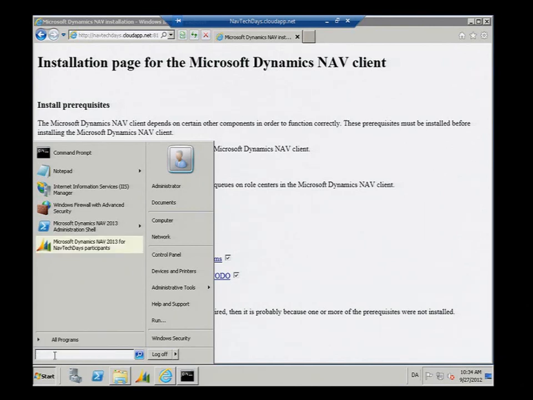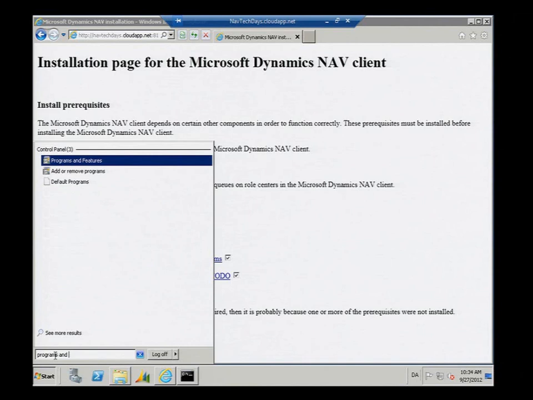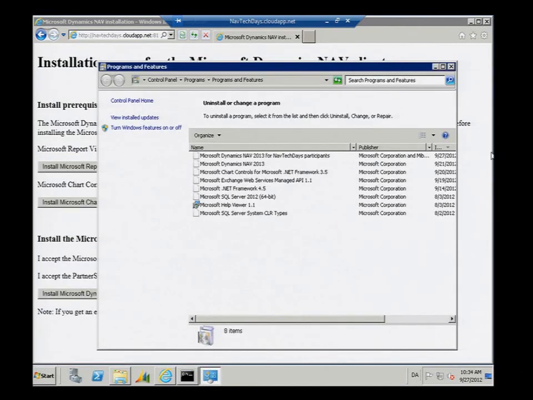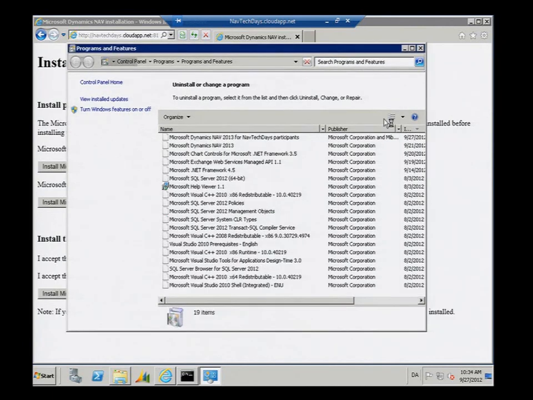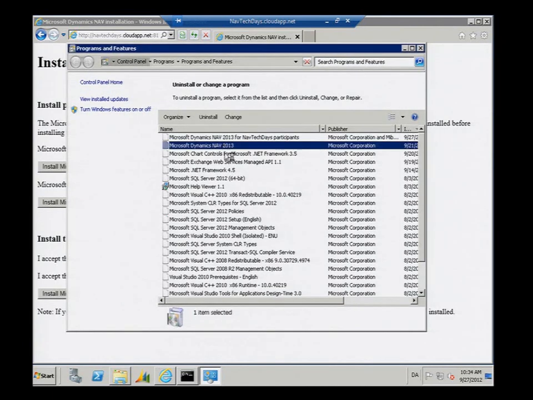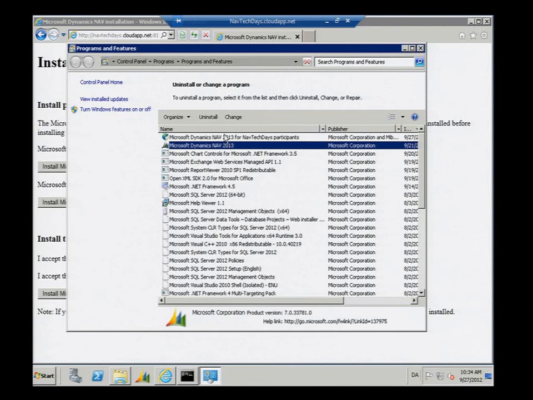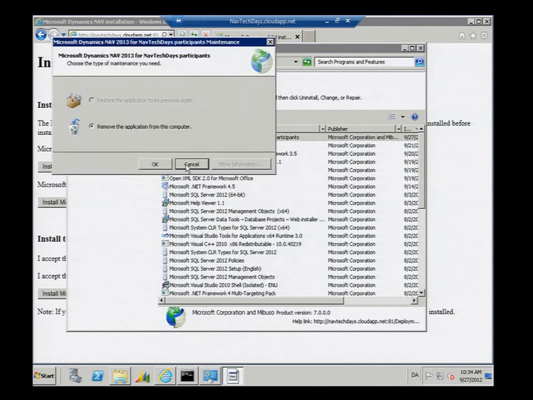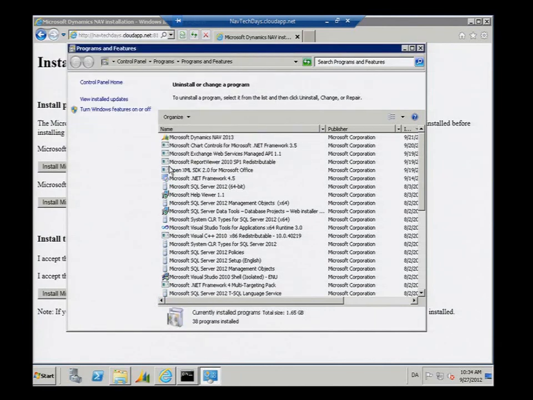If I go to the programs and features, you can see it's sorted by installation date, and so you can see it's been a few days since Stefan installed this, but we just installed this. I can easily uninstall it. So isn't that a nice end-user experience? They just press the button, it gets downloaded, they don't even have to do anything, and it runs.